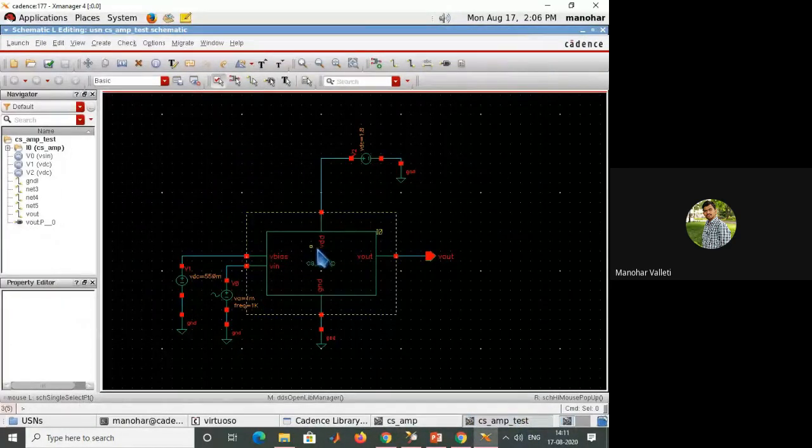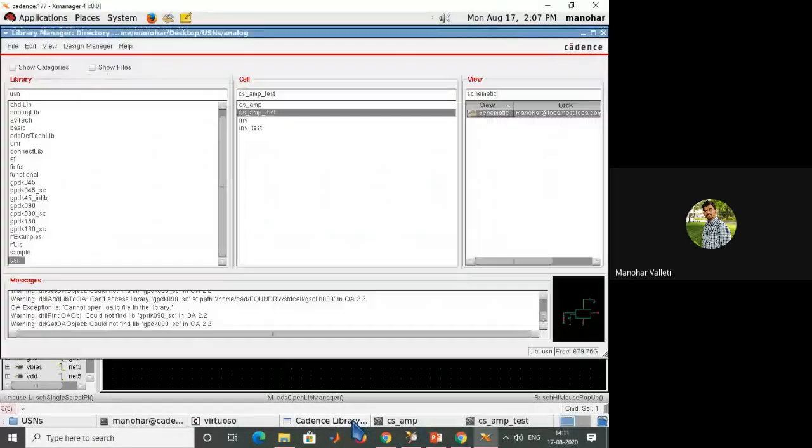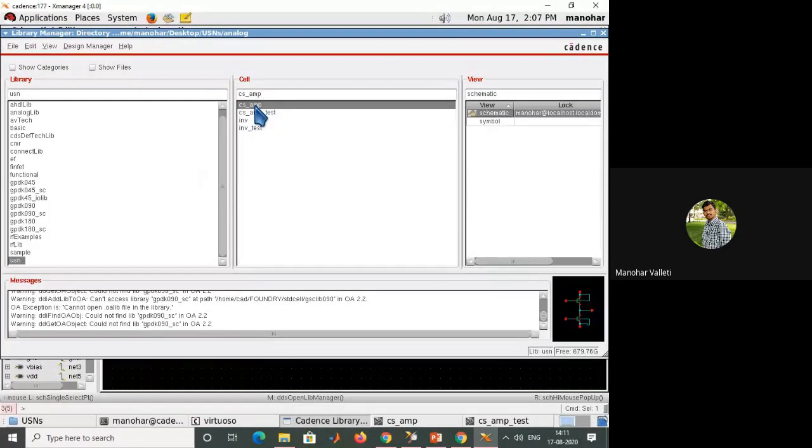In this new window, I took the symbol of my CS amplifier from the user defined library, that is USN. Under USN, the symbol of the CS amplifier is there.